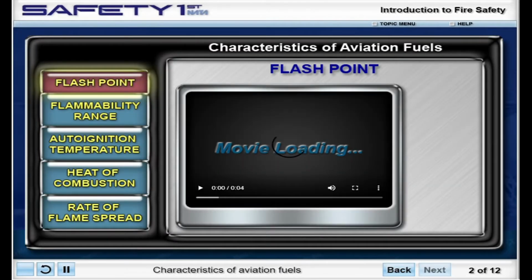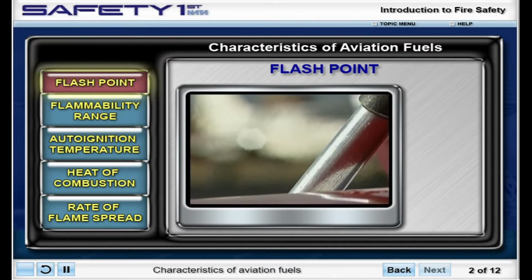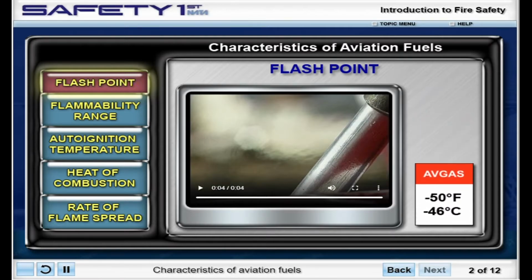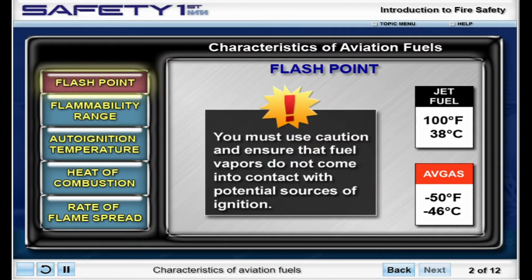Flash point is the lowest temperature at which a liquid fuel gives off sufficient vapors to form an ignitable mixture of fuel and air. If an ignition source is present and the fuel is at or above flash point, the vapor can ignite. Avgas has a flash point of approximately minus 50 degrees Fahrenheit or minus 46 degrees Celsius. Jet A has a flash point of approximately 100 degrees Fahrenheit or 38 degrees Celsius. You must use caution and ensure that fuel vapors do not come into contact with potential sources of